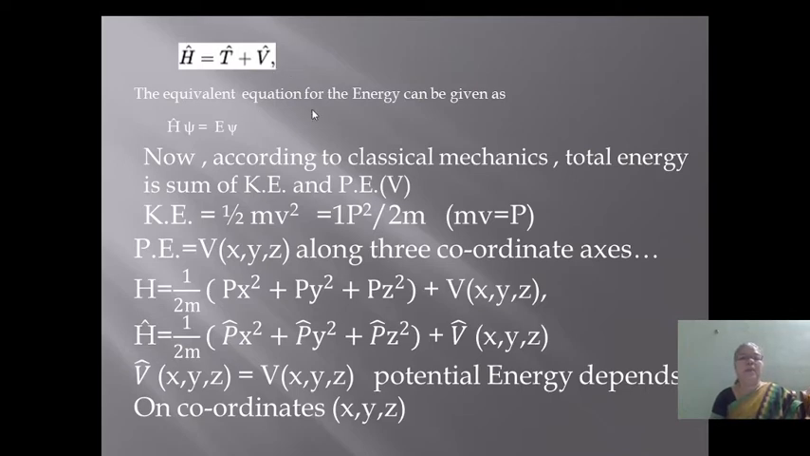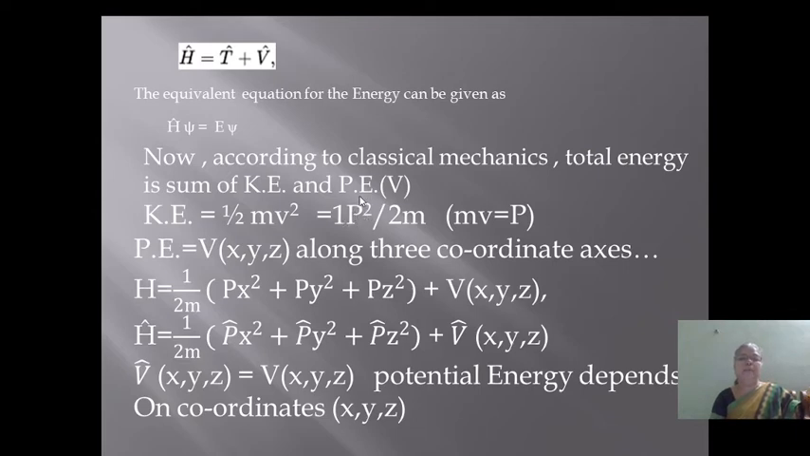Then the equivalent equation for the energy can be given as Hamiltonian operator into psi equal to E into psi, where this psi is a probability function. Now, according to classical mechanics, total energy is the sum of kinetic energy and potential energy. You know that kinetic energy is equal to 1/2 mv square, and in the form of momentum the kinetic energy is expressed as